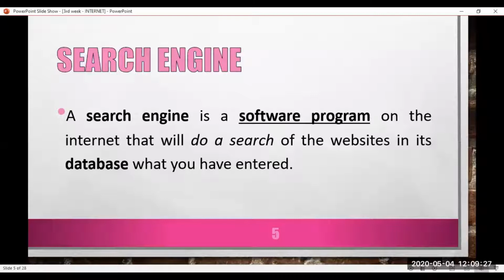If you enter something, it will search in its database, the Google database, and after that it will show you the result, okay? How many pages, how many websites, how much information there is, it will show you. This is very important. A search engine is a software program and there is a database. It is doing a search, okay? Let's continue with the sixth one.